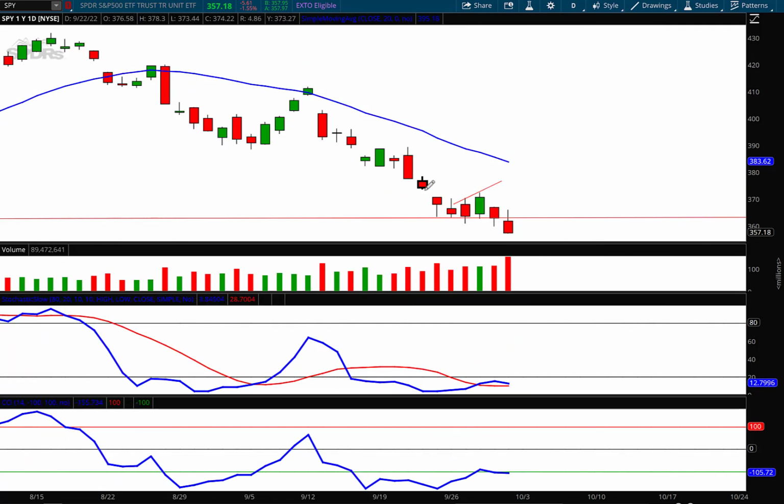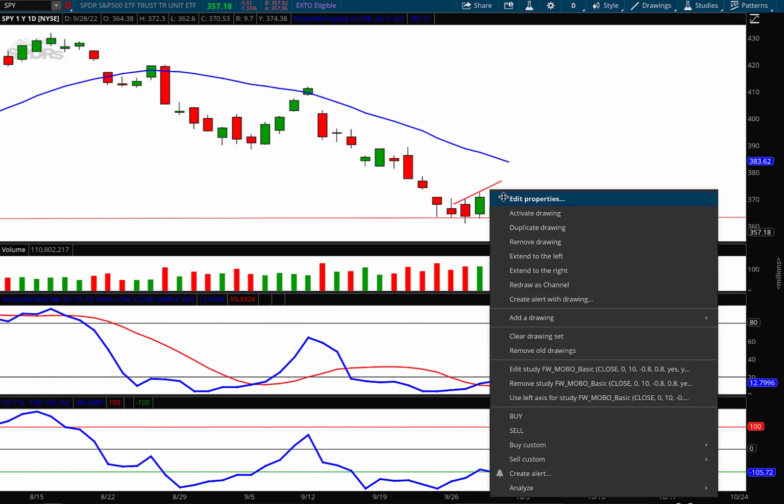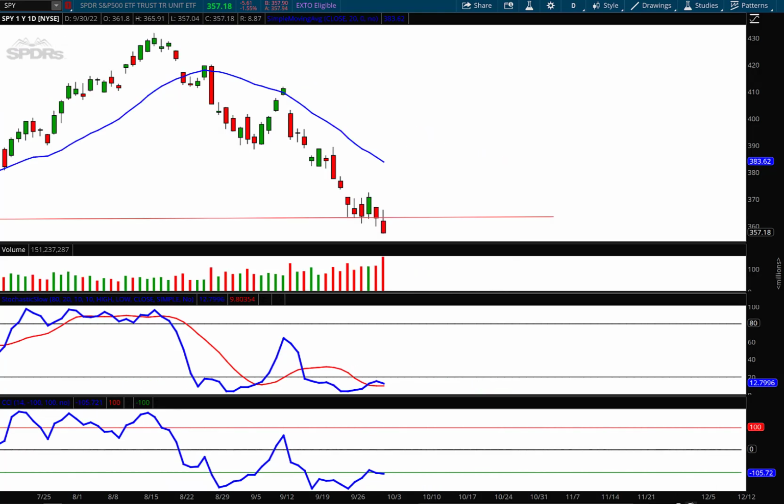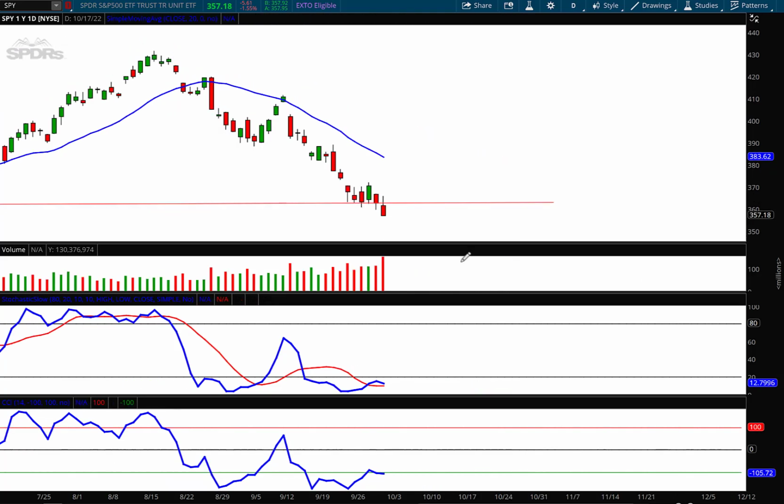So again, we did not fill that gap, but that gap fill point now is going to act as resistance if we even get back up over the June lows. So what does that look like for next week? All right, because of that increase in volume, I think we're going to start to move lower into next week. I'm not going crazy low on that, $350.66, and then we might even see a little bit of a bounce and test this now as resistance,